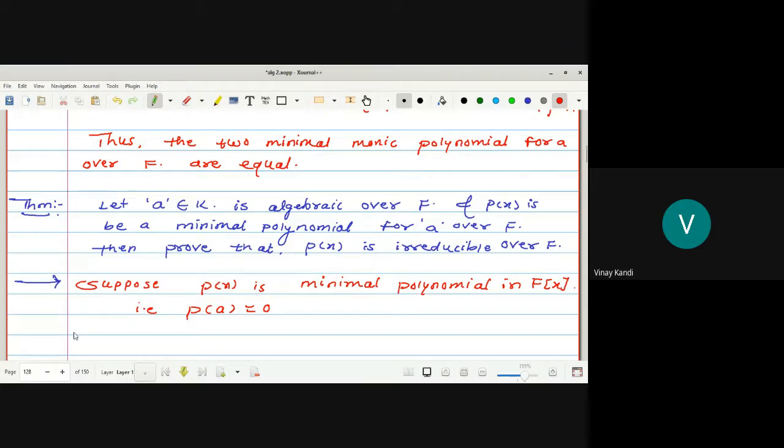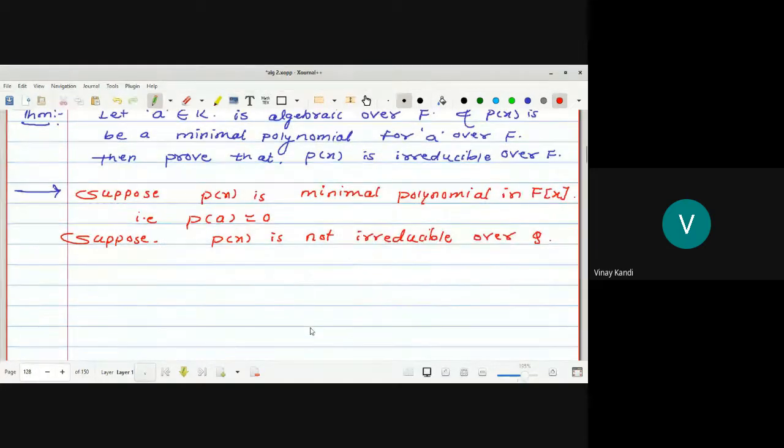We have to prove that p(x) is irreducible over F. Suppose, for contradiction, that p(x) is not irreducible over F. What is the meaning of not irreducible? Reducible. When not and the irreducible cancel, what remains? Reducible. So p(x) is reducible over F. Any doubt? So p(x) is not irreducible over F, then it implies